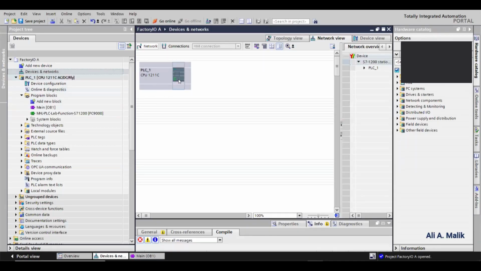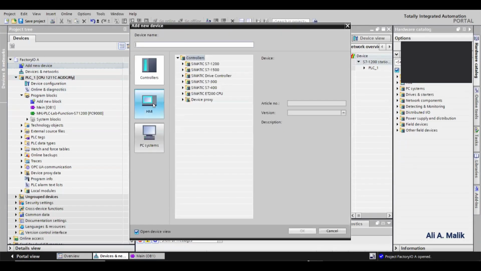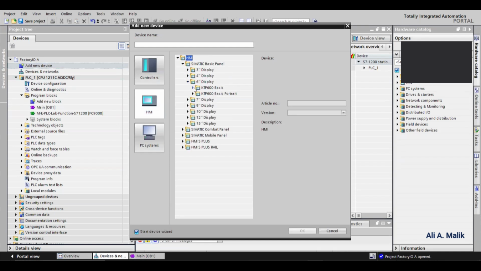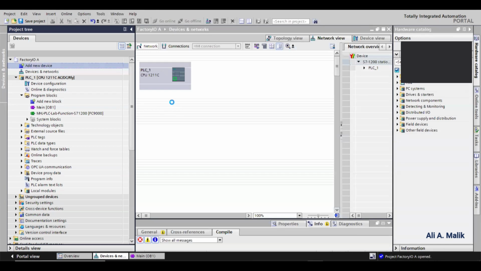We can see the devices that we already have. We will create a new device, add new device, and then HMI. And in HMI, we will just create a basic panel. For example, any number of display size that you may want to have. I am creating a 6 inches HMI, and